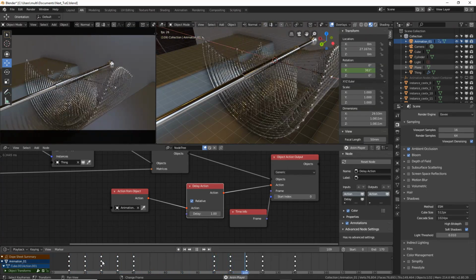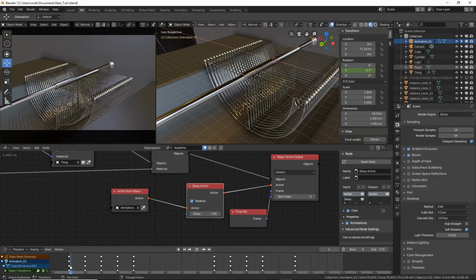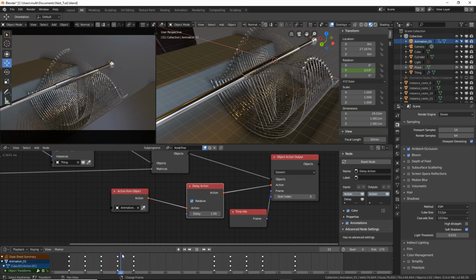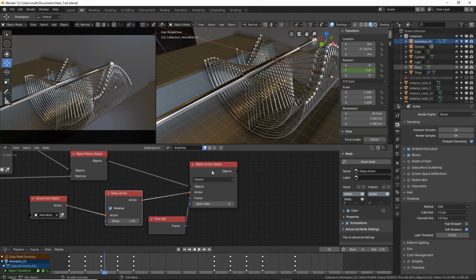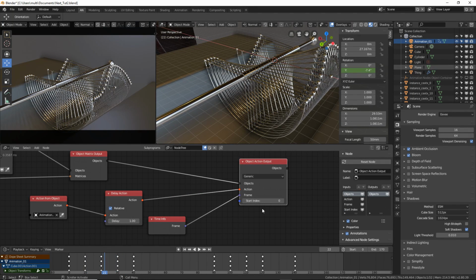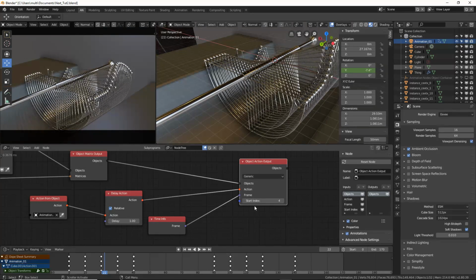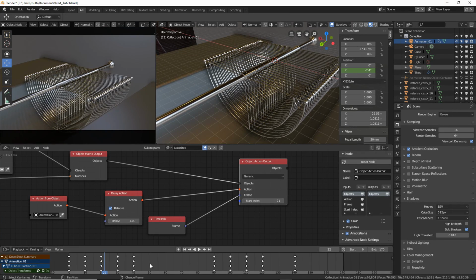And also it's starting from here, but I want to start it from the front. So this is the start index, but this index is your timeline index, where you want to start your animation.